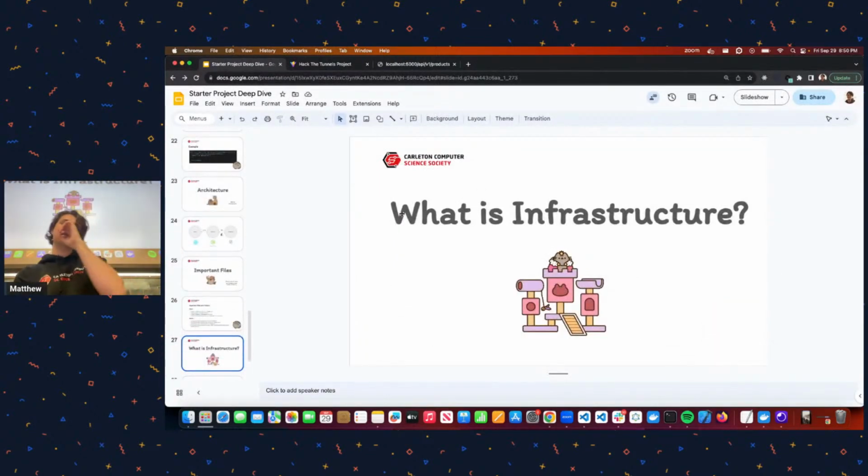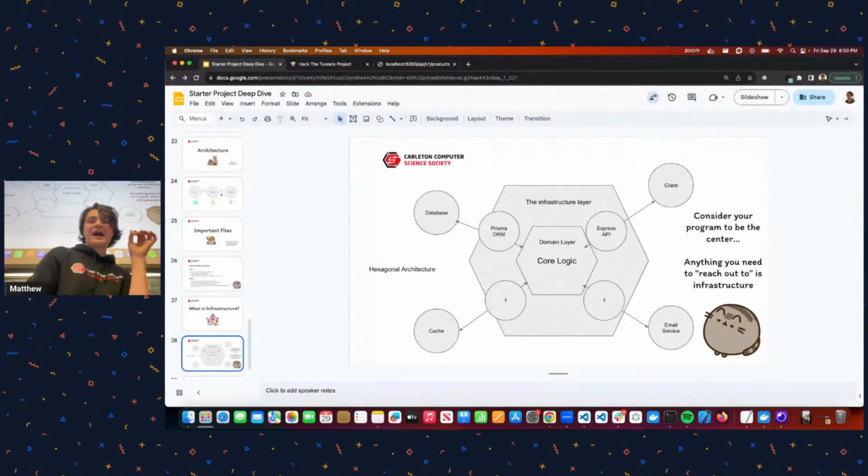So basically, there's this idea of, what is infrastructure? And I made this really awful diagram 10 minutes before this presentation that I'm not going to pretend is a very good diagram, but there's a lot of things that you have to understand for that folder name to make sense. But the main idea behind infrastructure is code you need to communicate with things that are not